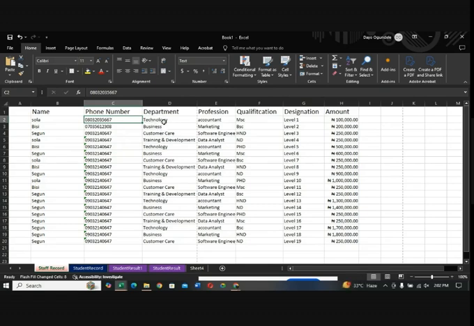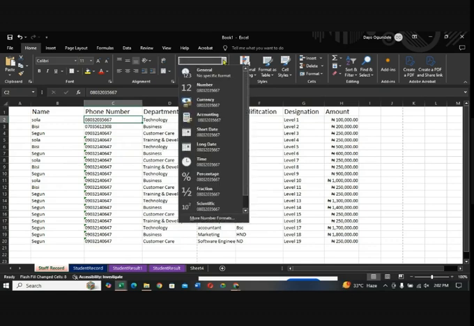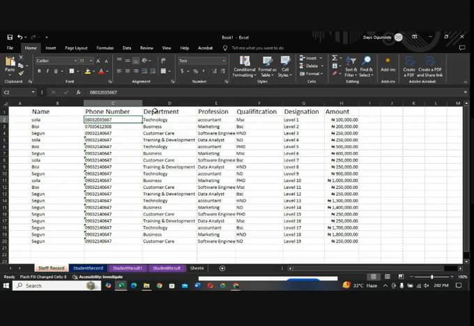Like this data type under department is also text. This is also text. We have different data types that we can apply. So we have data types of short date, long date, time, percentage, and all that. We are still going to be talking about data types maybe in our next class, so that we'll look into it. And I just want to advise you that